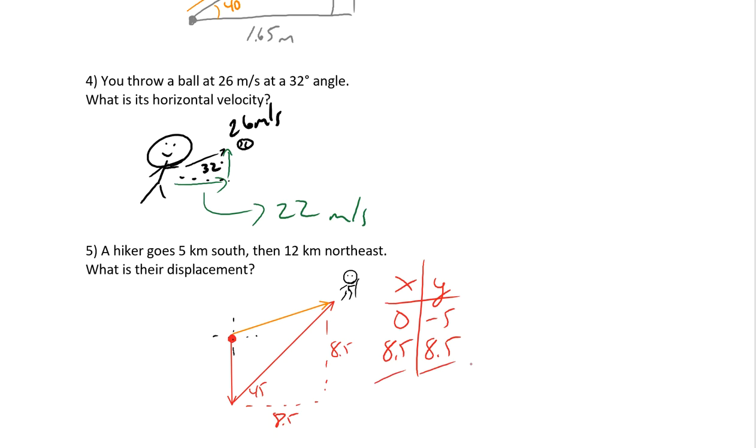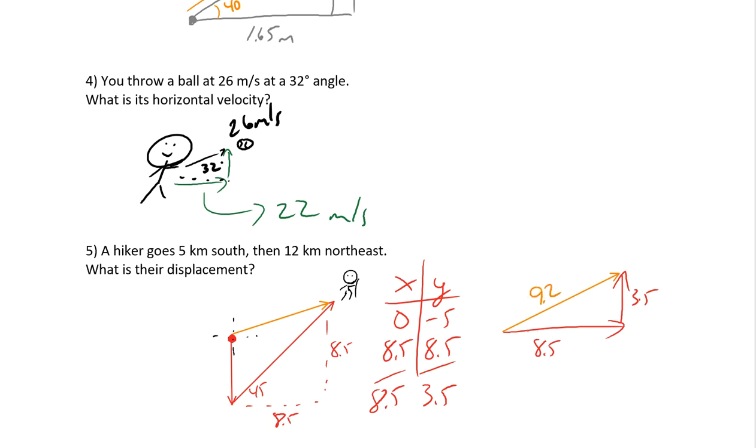Okay, so all we need to do now is put the pieces together. So my total x component is 8.5, and my total y component is 3.5. So I got my components. Now let's make the new triangle. So I've got 8.5 for an x component. I've got 3.5 for a y component. And I will then use my trig and Pythagoras to solve my triangle and get my overall answer. So if I do the 3.5 squared and I add that to my 8.5 squared, I put them together, we get about